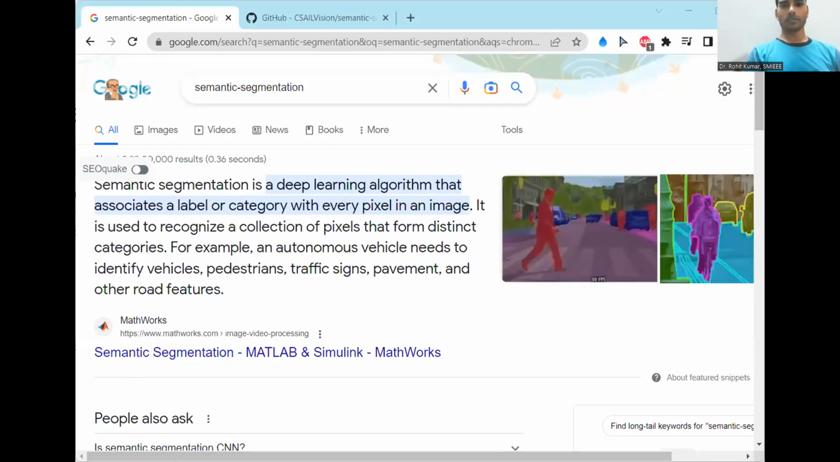Today's focus is going to be semantic segmentation, which is a deep learning technique that associates a label or category with each pixel in the image. Indirectly, we can say that it is the task of clustering the parts of an image together which belong to a common object class. So it's a kind of pixel-level prediction because each pixel in the image is supposed to be classified according